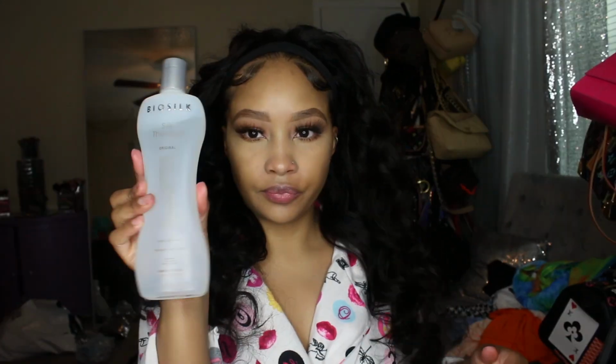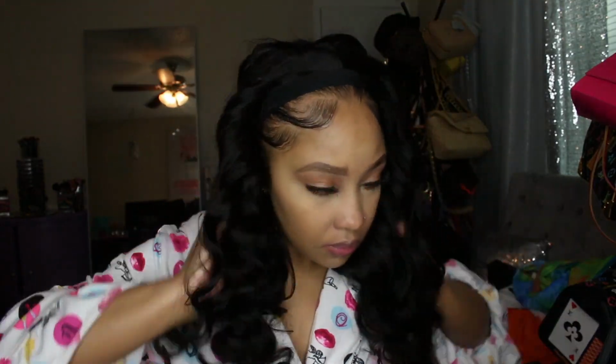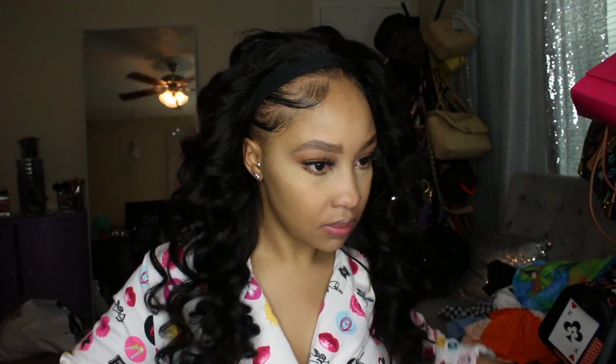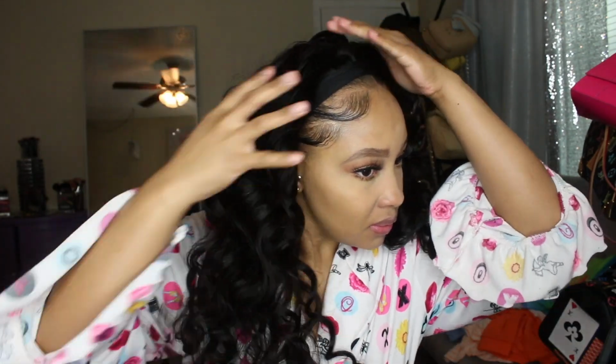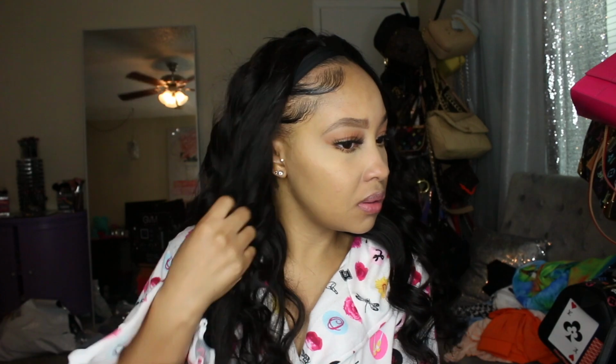I did get a little bit of shedding. The hair was a little bit dry, so I did go in and add my Bio Silk to it. And this also gives the hair a really nice shine, and it also just smells really good as well. So I'm just putting a bit of Bio Silk through the hair,